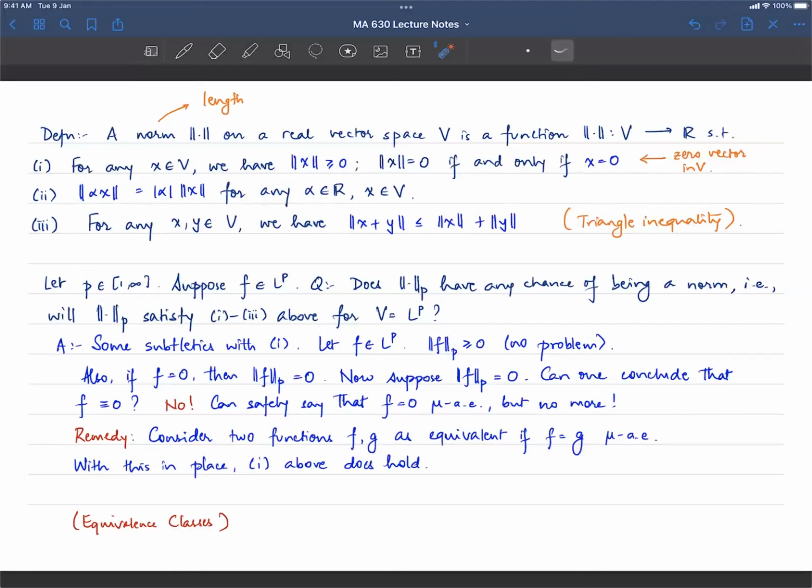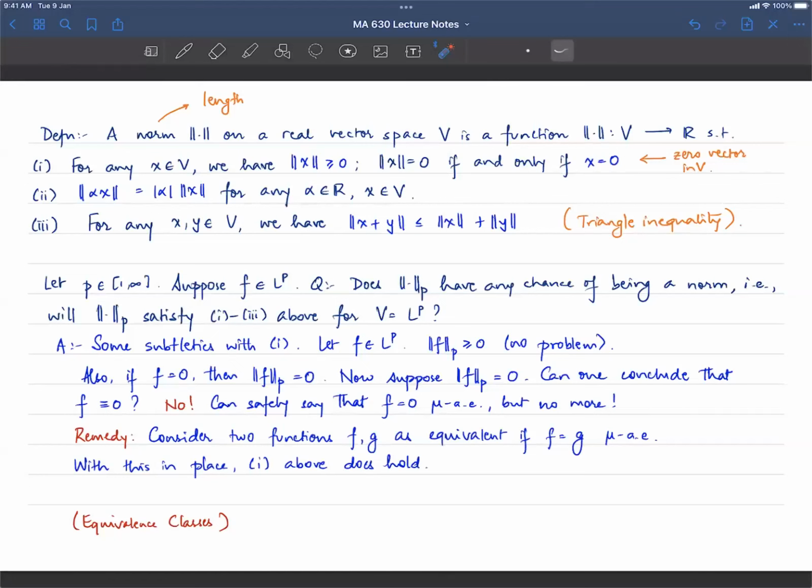Okay. Any questions with this? So this is how you get around this issue of point number one. You agree with yourself that I'm going to blur the distinction between two functions if they differ on a set of measure 0. All right, so going forward, the point is when you do any integration calculations, suppose f and g are the same almost everywhere. If you do any integration calculations with f and g, you'll always get the same thing. If you look at them at particular points, then they're trouble. But if you do any integration calculation, they're always the same thing. All right, any questions with that?